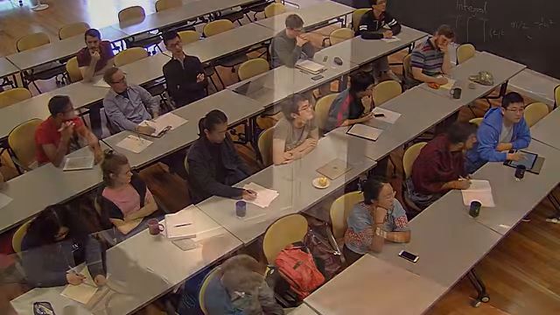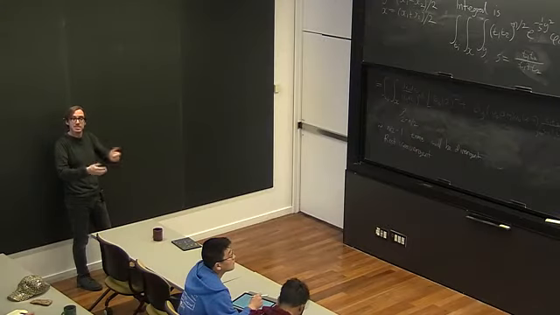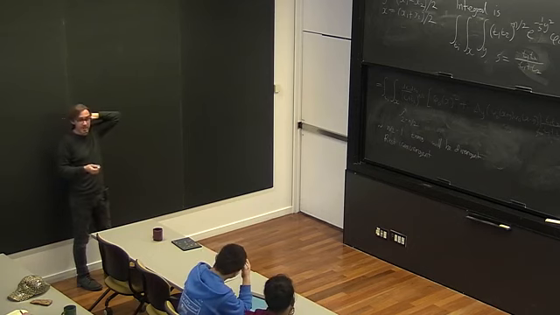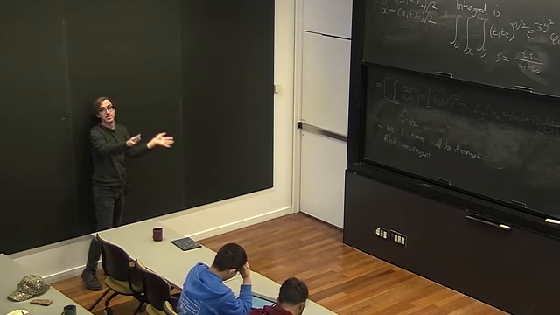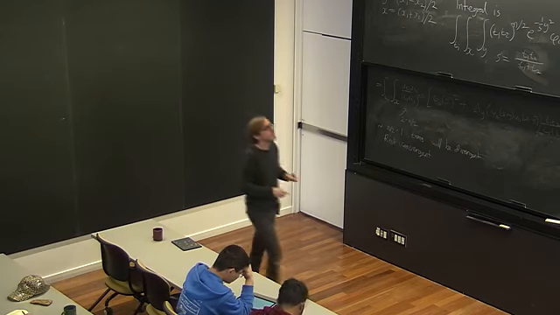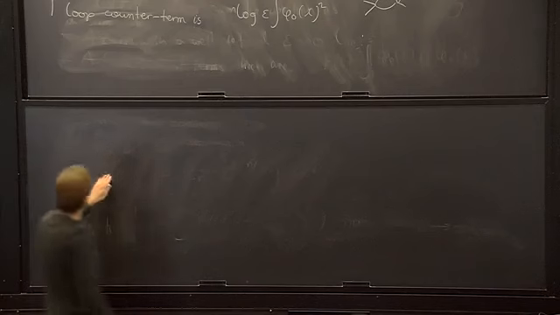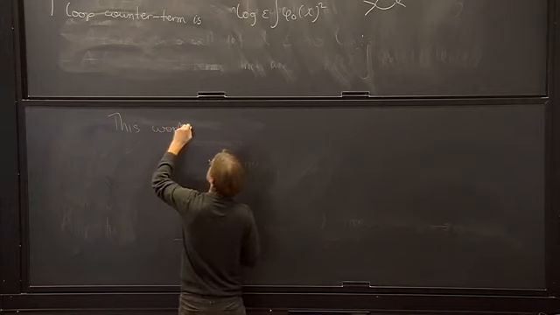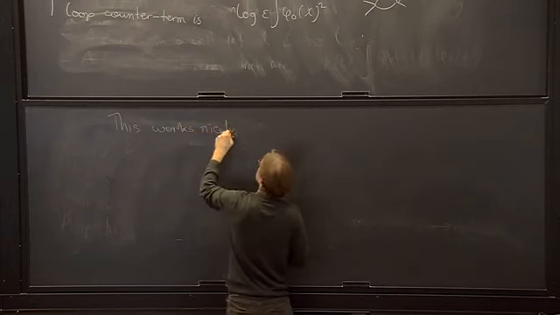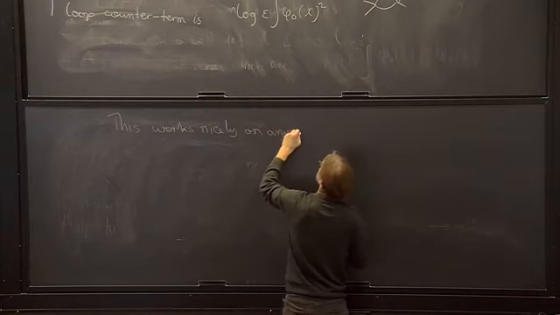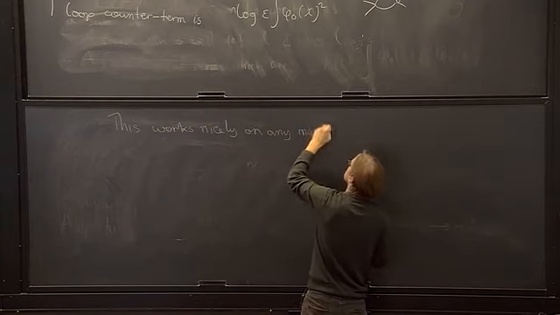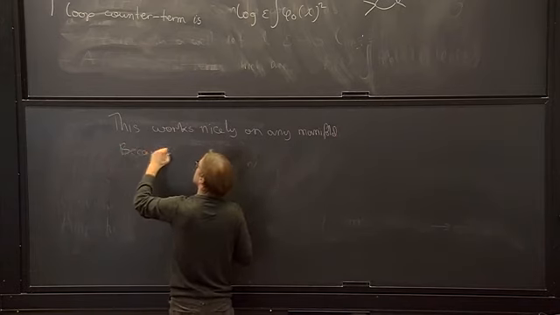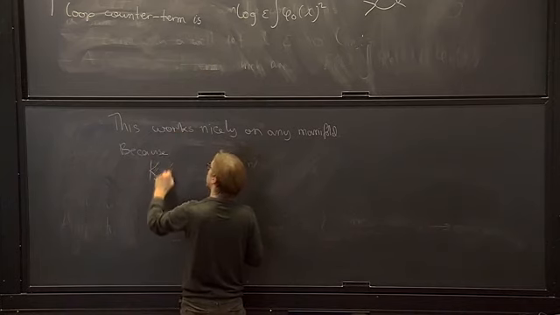So one can imagine this proceeding for all diagrams, and indeed it does. We'll get to that in a little bit. I mentioned at the beginning that this works nicely on any manifold, and that's a nice feature of this space-time approach as opposed to the Fourier space approach. The reason is very simple: the heat kernel on any manifold